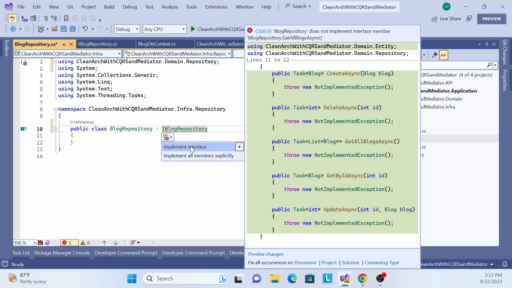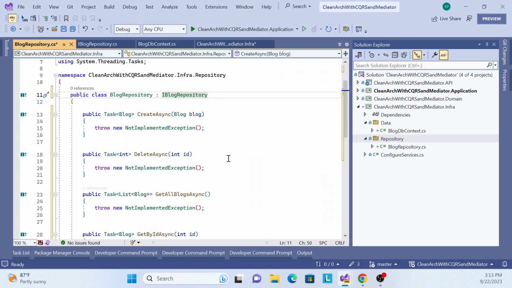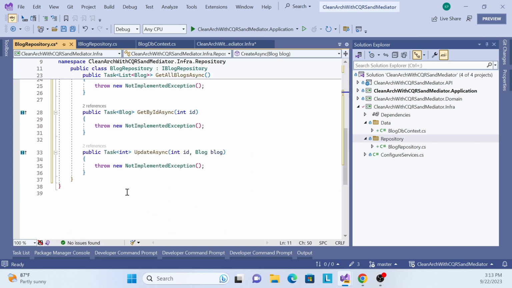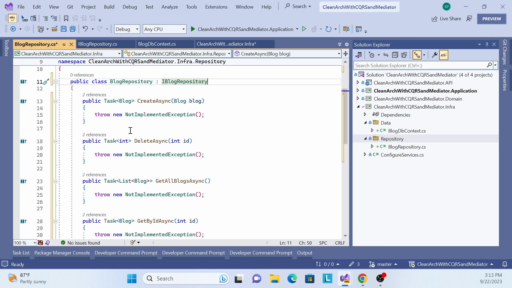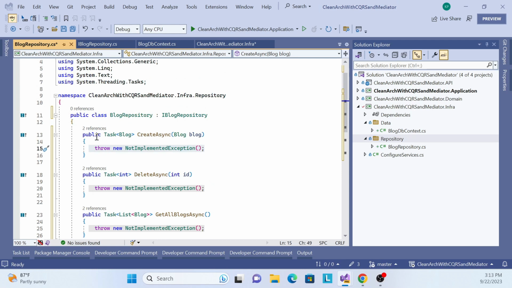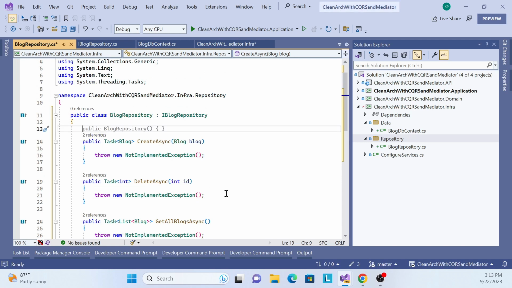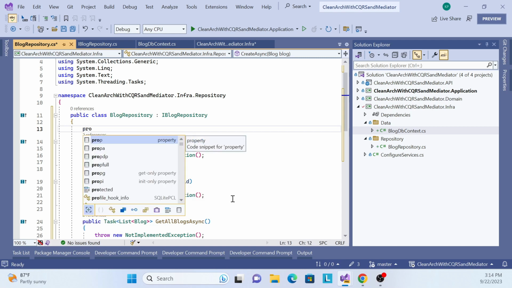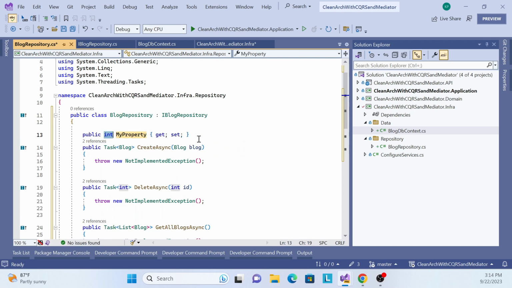So see, implement interface. Once you do this, you will see all the methods implemented with a NotImplementedException. We will remove those and do the implementation one by one. First, we have to inject this DbContext class, so that whatever operations we do inside this implementation, we can perform on it. So let me inject, sorry,